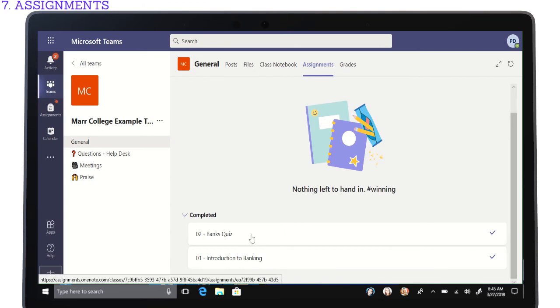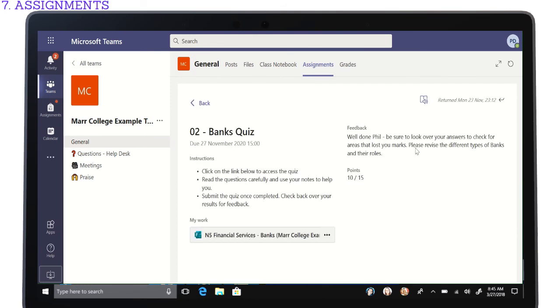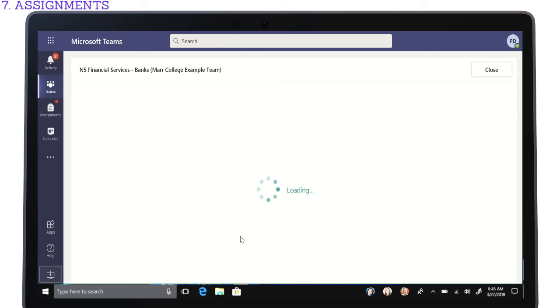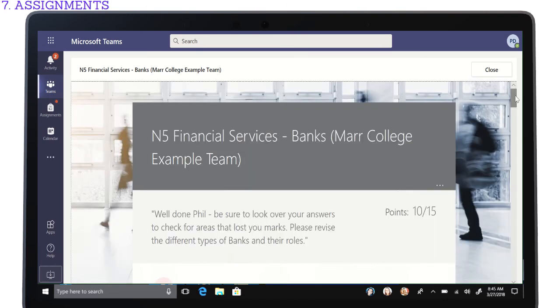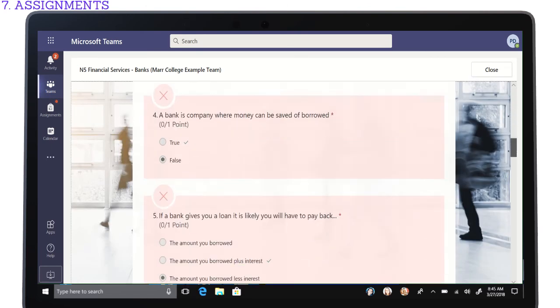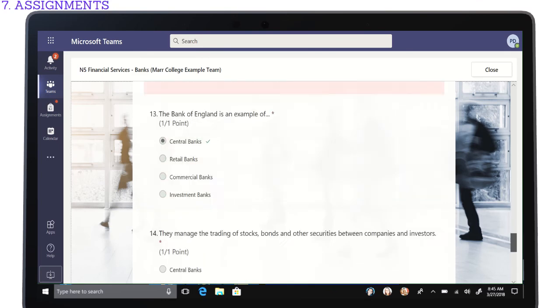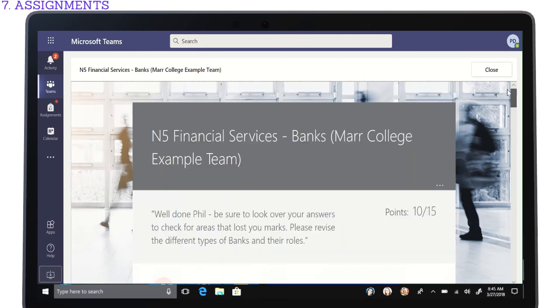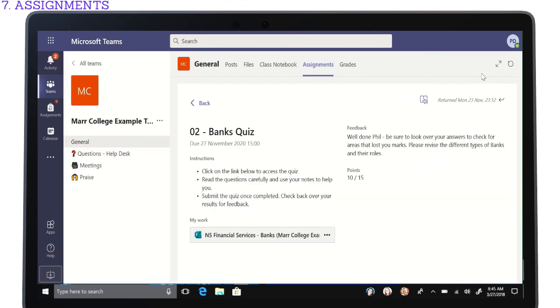So if we go into the bank quiz first, this time we can see the feedback from the teacher. So it says, well done, but be sure to look over your answers and check for any areas that lost you marks, and please revise the different types of banks and their roles. We can see here that Phil got 10 out of 15 for their overall mark. To check the specific questions that cost us problems, we can go back into the quiz. And if we scroll down, you can see in red the questions that we got wrong, along with the correct answers. So that's quite good for revision. If we close out of that one and head back,